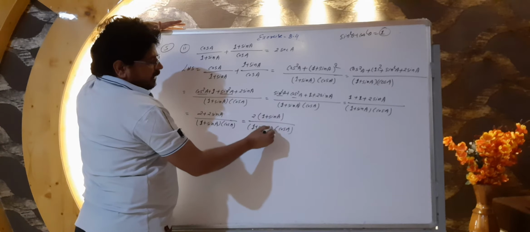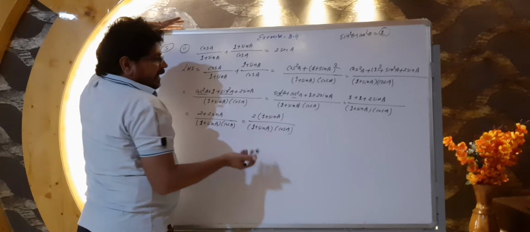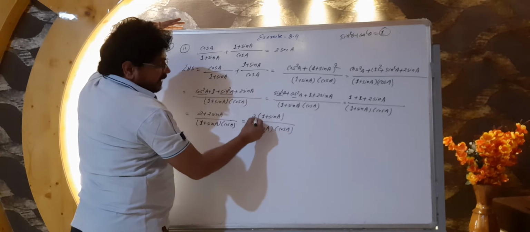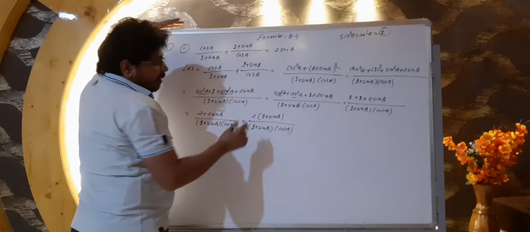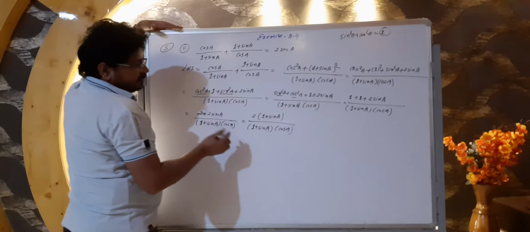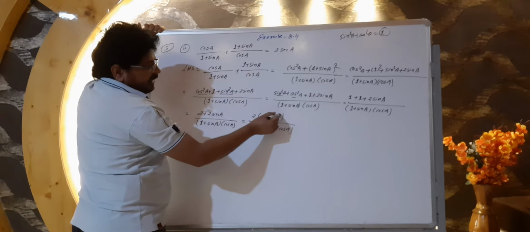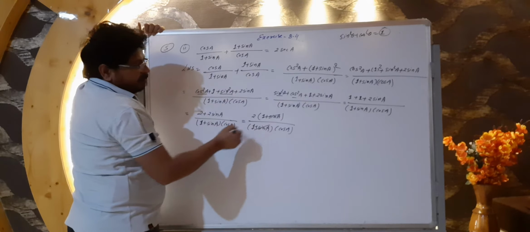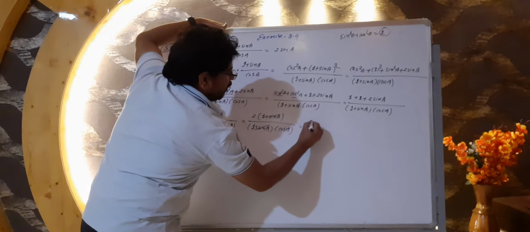Here multiplication, here between both the terms multiplication. In that case, if suppose between this there is plus or minus, whatever, then we can't cut. But everywhere multiplication between two different terms. In that case, we can cancel 1 plus sin A, cancel by 1 plus sin A. Now what remains? 2 upon